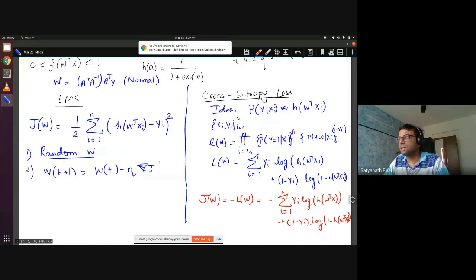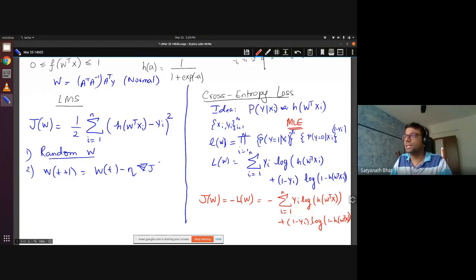So what I'm saying is this is the likelihood. You want to maximize the likelihood to get the estimate for your parameters, as in MLE, which you have seen. For various parameters W, some W will be better and some will not be so good. If you maximize this, that is a decent idea. But instead of maximizing L of W, if I consider my cost to be negative L of W, then maximizing L of W is as though I am minimizing J of W, which is the negative log likelihood. Did you understand the question now?